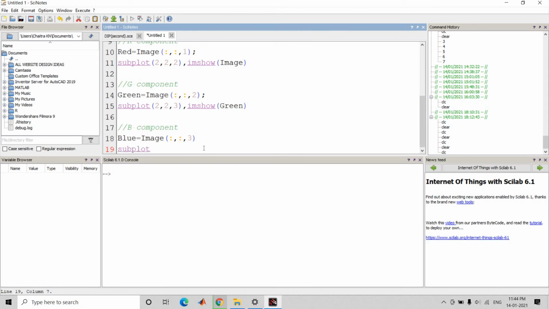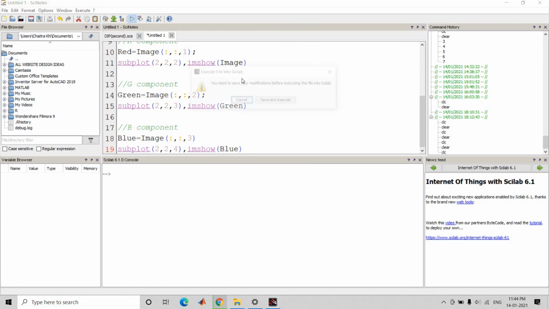Subplot of 2, 2, 4 means we are displaying the blue component in the fourth block. That is imshow of blue. So it extracts the blue component from the RGB image.